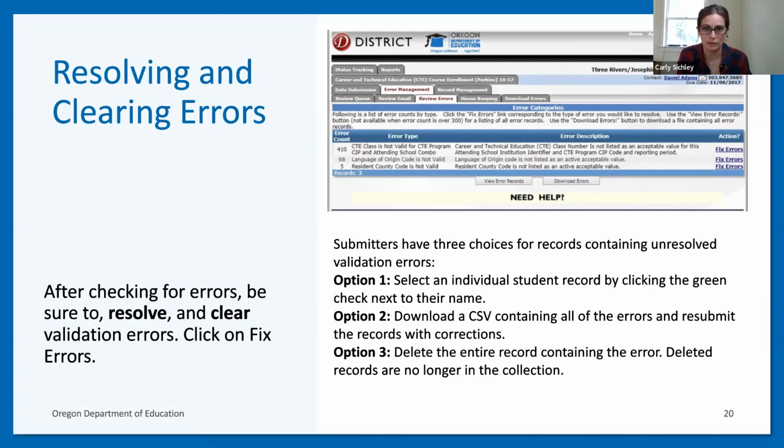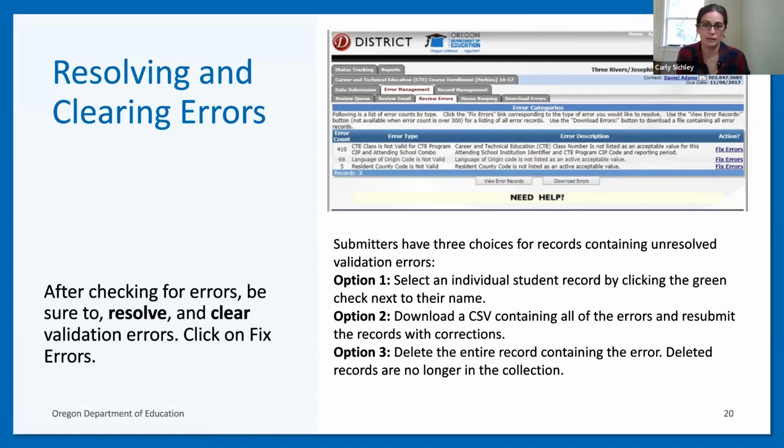So this is a picture of that. When you're looking at the errors for resolving and clearing them, here is an example of the error type, the error description, how many errors there are, and if you want to fix them. There are a couple options for fixing errors depending on what they are and how you want to do that.